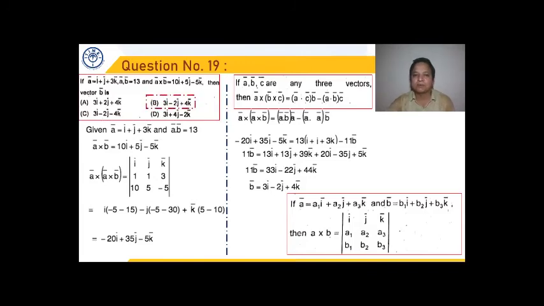So we use the basic property. I hope this is